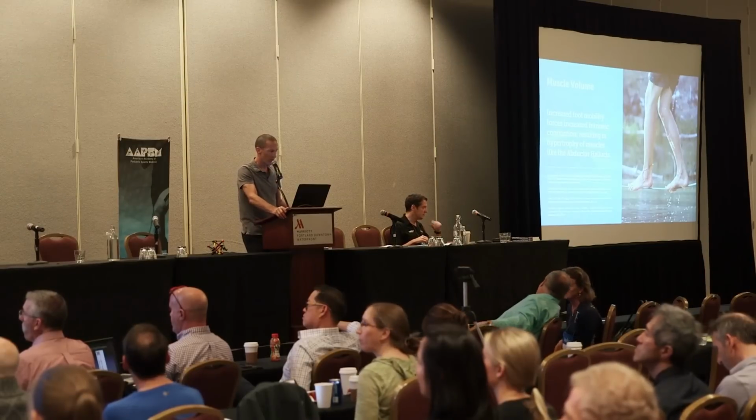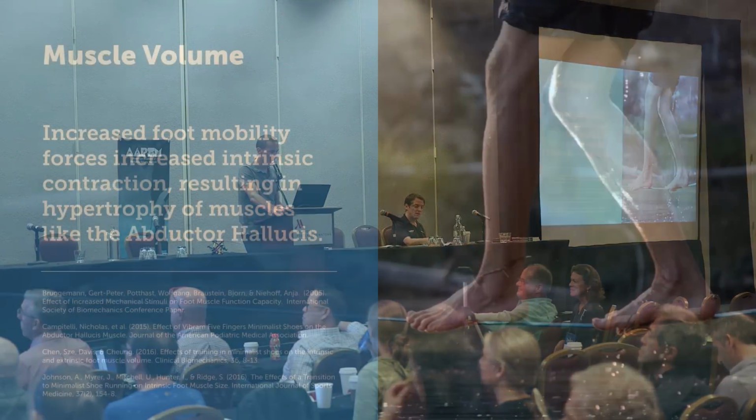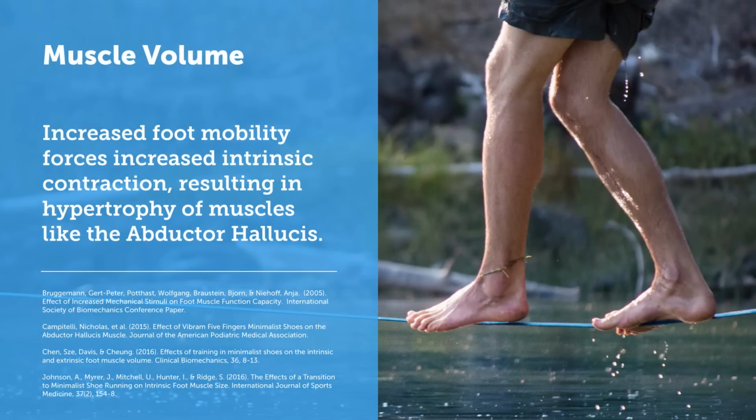This is perhaps one of my favorite aspects of the recent literature. If you look at the literature in the last 2 to 3 years, there's several studies documenting that foot muscles get bigger, they get stronger when you exercise them. One article in particular I like, especially because it's a podiatric article. It's one of our colleagues, Nick Campitelli, who did a nice ultrasound study where he followed runners who ran in Vibram FiveFingers. And like the rest of the studies here, they found on the order of about 7 to 9% increase